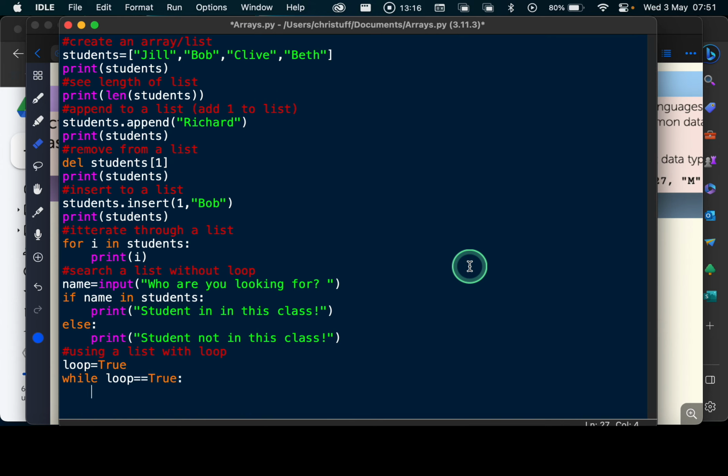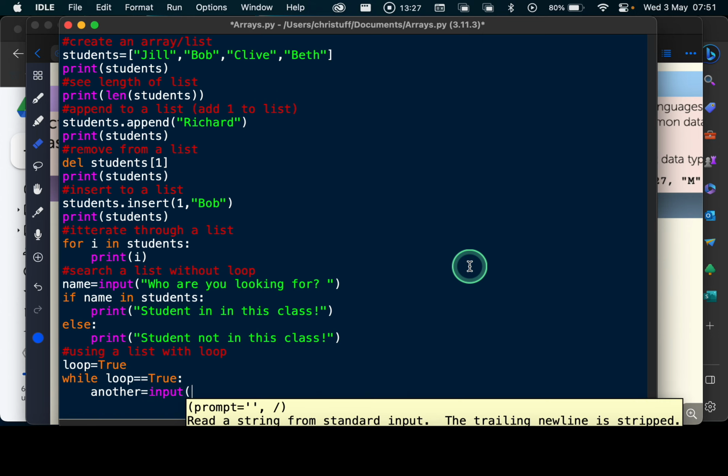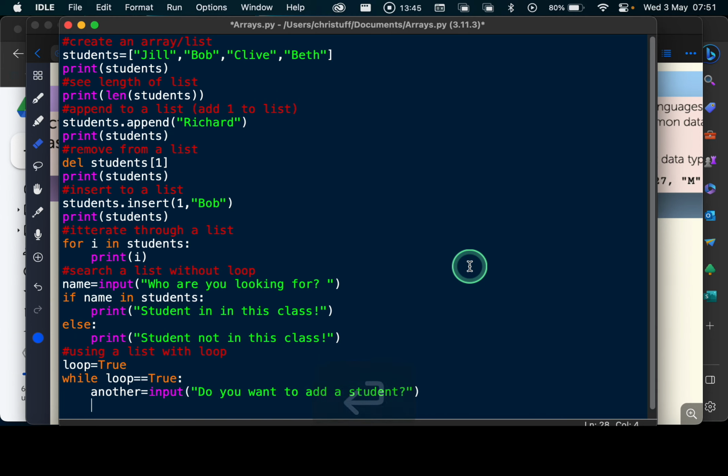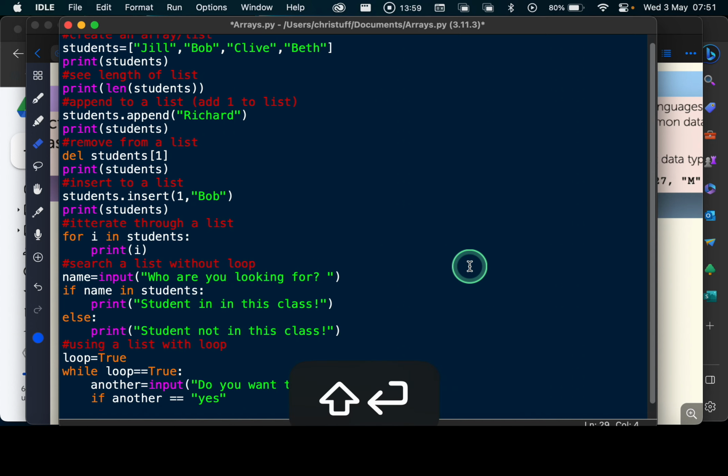And then I'm going to ask a question and say another, and I'm going to make it equal to input. And then I'm going to say, do you want to add a student? And then I'm going to say if another is equal to yes, then we can have name is equal to input,